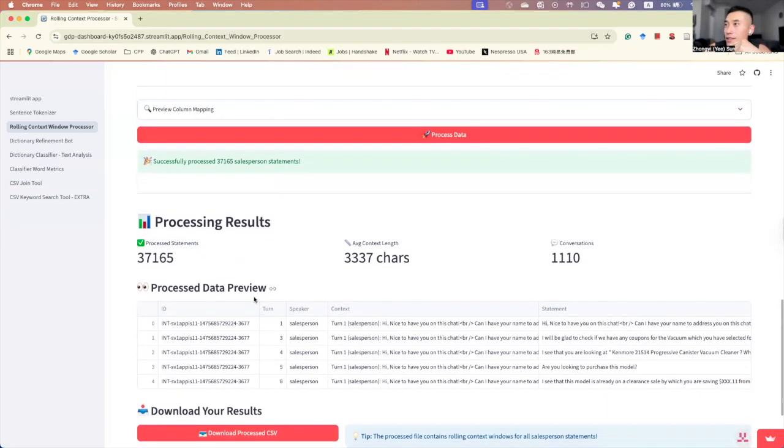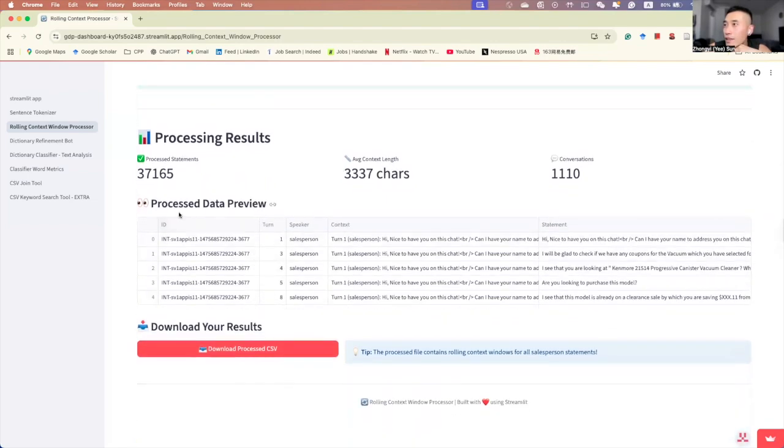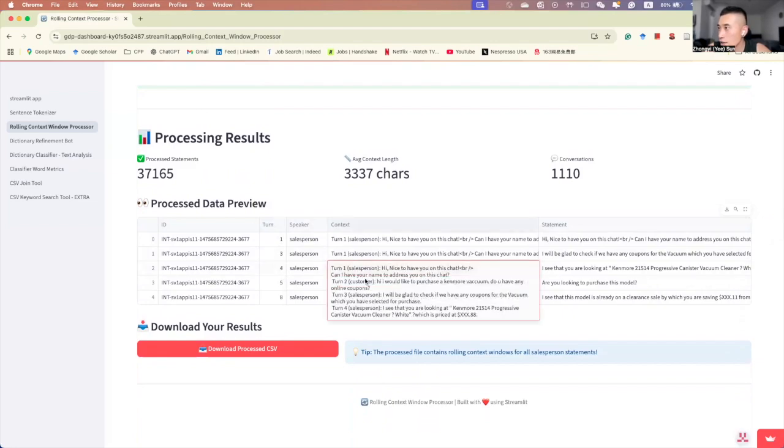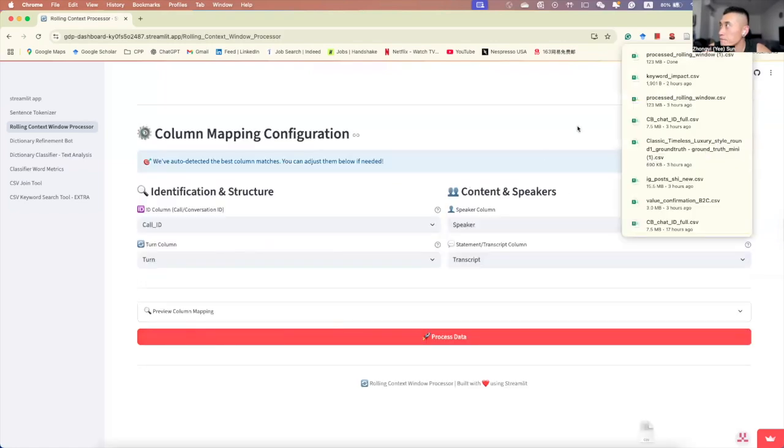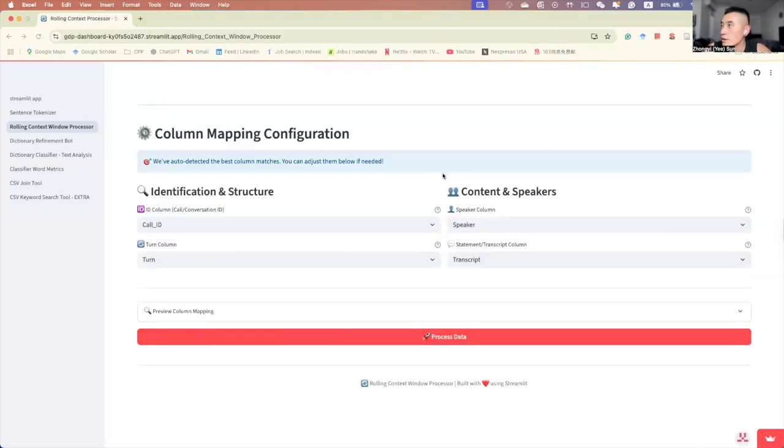So we got the data finally, and here's the processed data preview. There will be 5 columns at the end: the ID, turns, speakers, context, and the statement. So if you want to check, oh, there's 4 turns, each one, what they said, you can check here. And you also can download it as a CSV